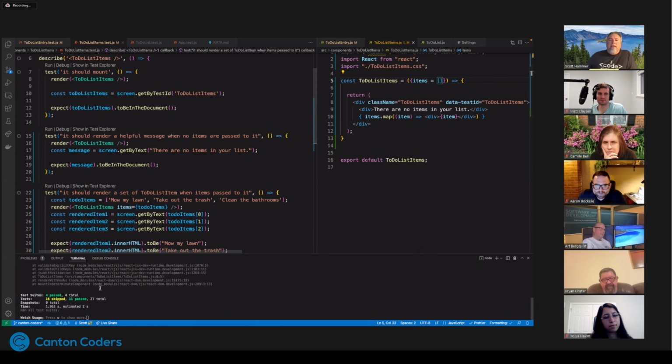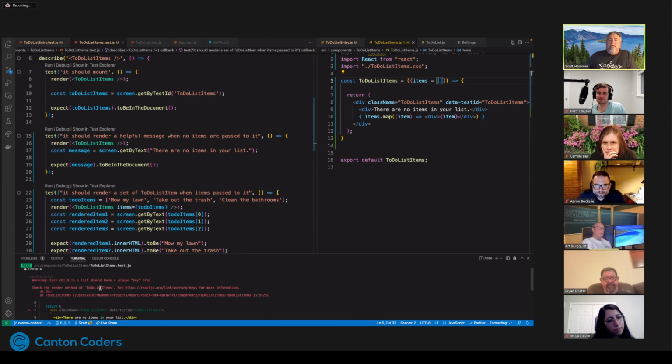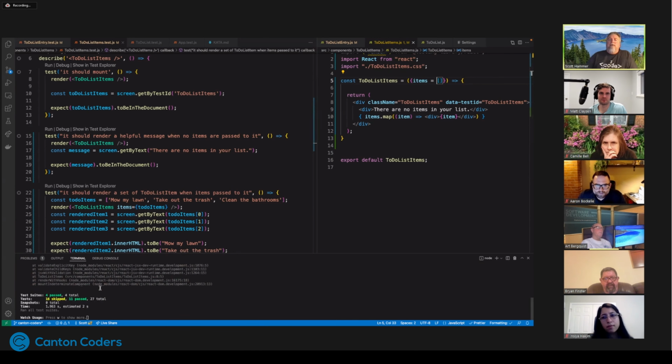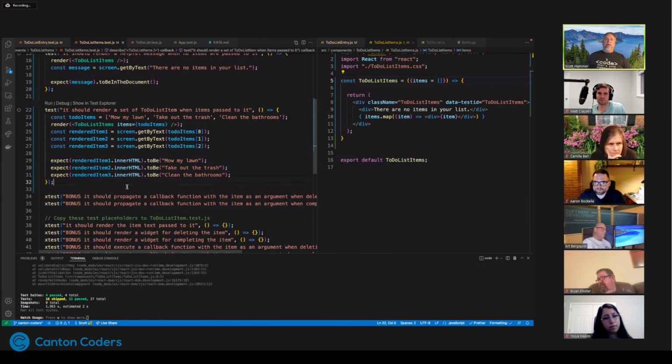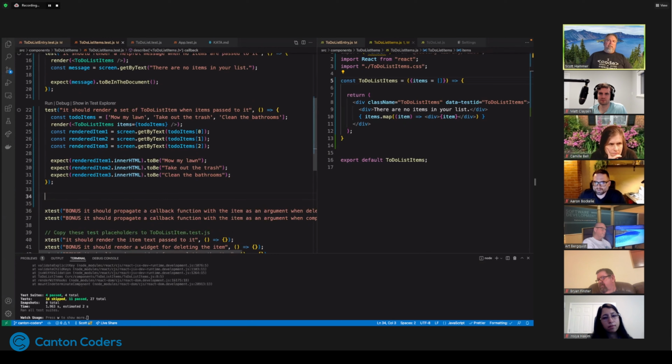Okay. Nice. I think that worked. Excellent. So you're setting up the default of an empty array. Okay. Got it. Thank you. Good call. All right. And that looks good. So we have multiple divs showing actually on screen here. So I think we're going to add a test here that basically says